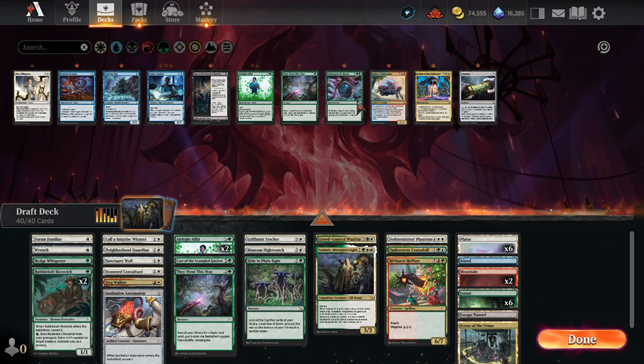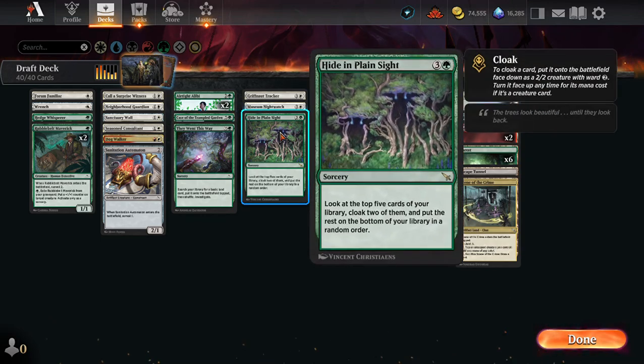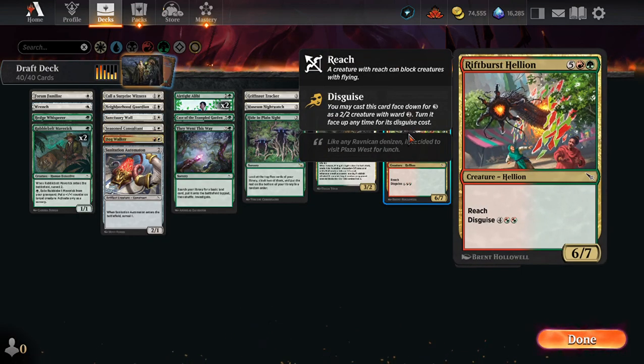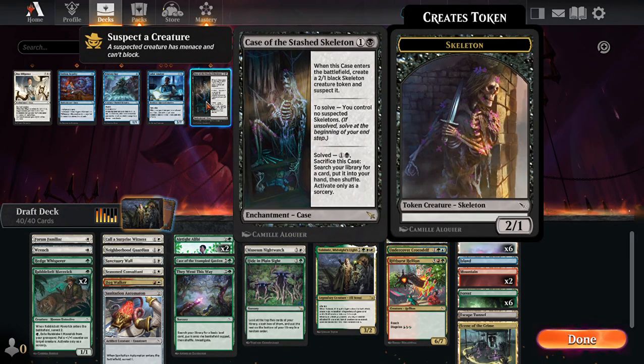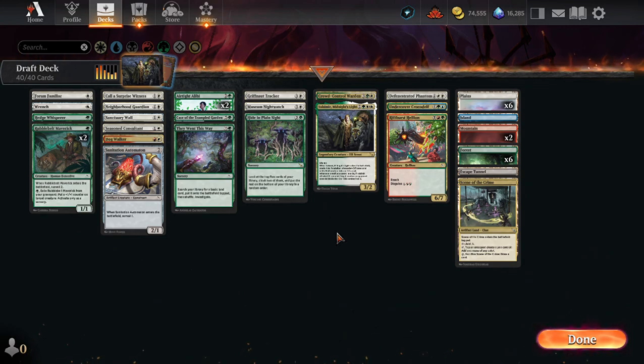So, I've got 1, 2, 3, 4, 5, 6. I don't know. Is that 6? I'm sure it's more than that. I felt like I had loads. 1, 2, 3, 4. Oh, 5. So I think I might be at 7. Right, 7 rares. I mean, this deck is not...